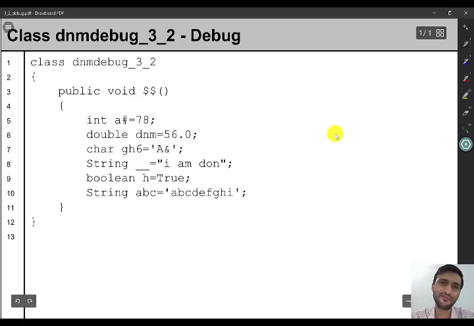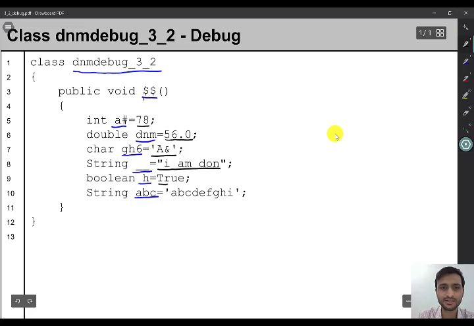Okay. Here also we'll find if there are errors in identifiers and literals. First, I will help you to find what are the identifiers and literals here. So this is an identifier. All the blue are identifiers. This is identifier. This is identifier. This is identifier. This is identifier. This is identifier. This is identifier, and this is an identifier. And the literals are, I will mark them black. This is a literal. This is a literal. This is a literal. This is a literal, this is a literal, and this is a literal.